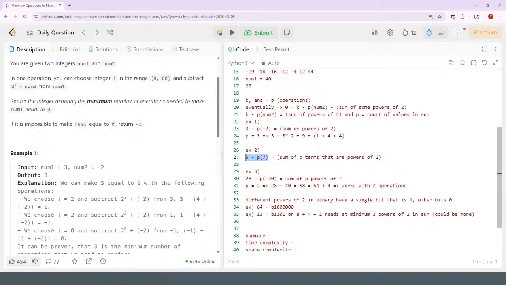And the first term in the sequence where the number of bits that are 1 matches whatever term of the sequence it is, or that